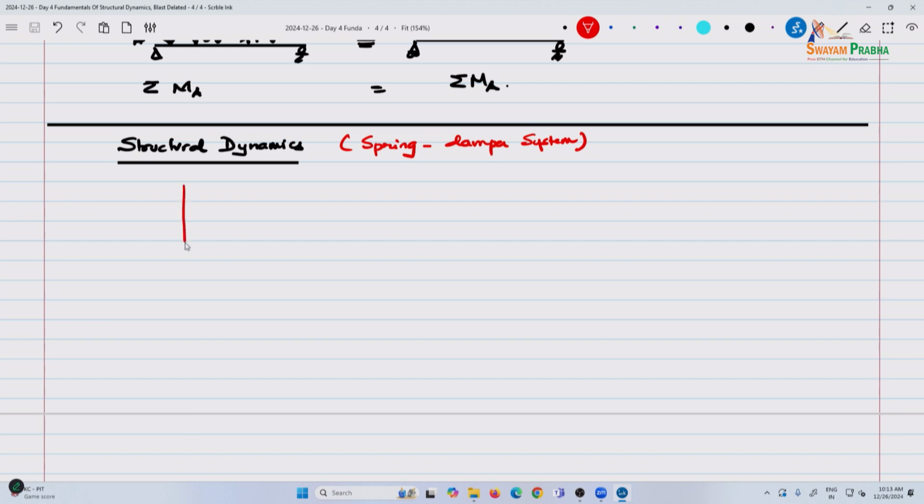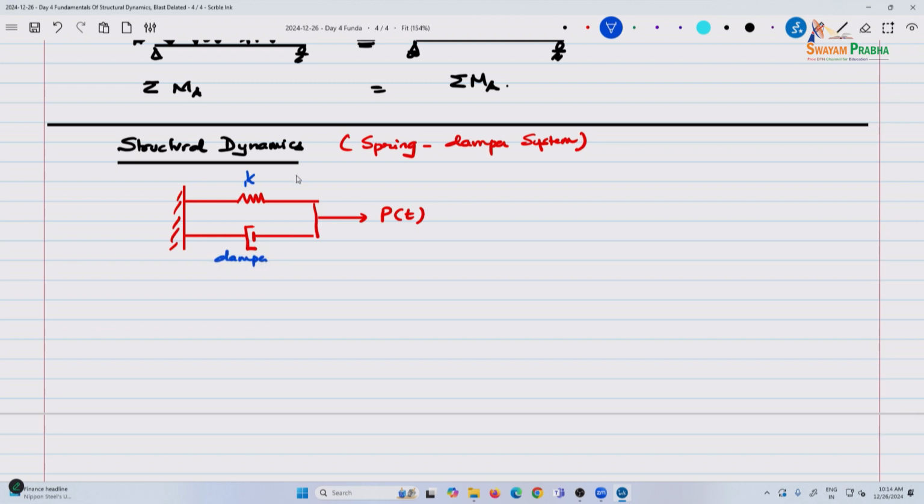So in a spring damping system, you have a spring and you have a damper represented this way. It's a classic, and this is the load function. So now we are adding an additional damper. We have seen the force is Kx. Now that's your stiffness. In a similar way, a damper,